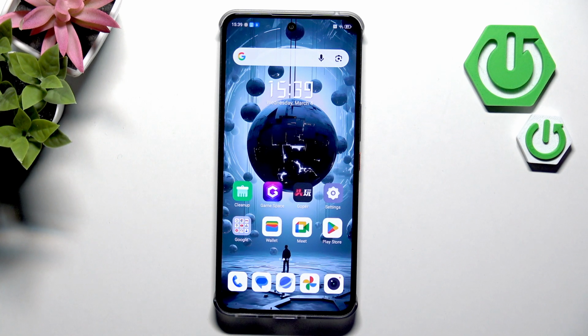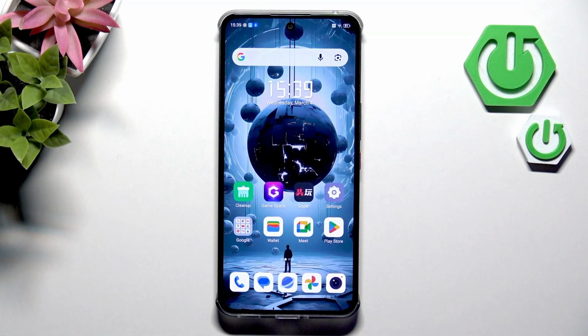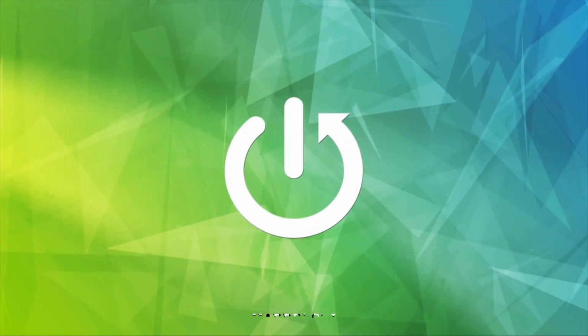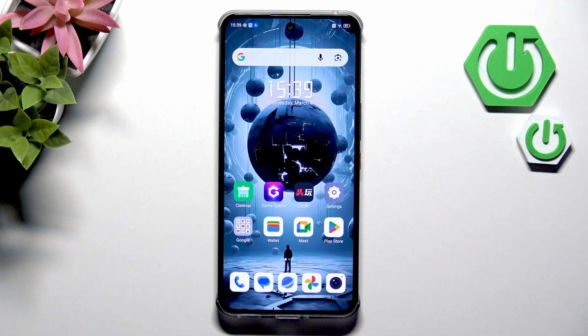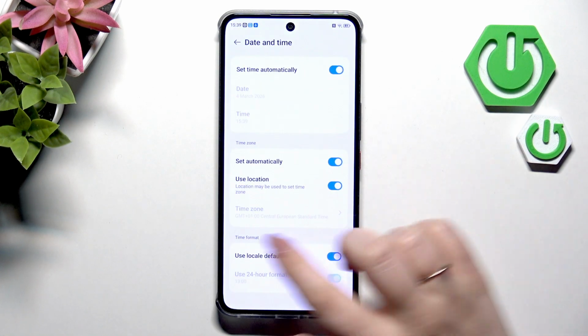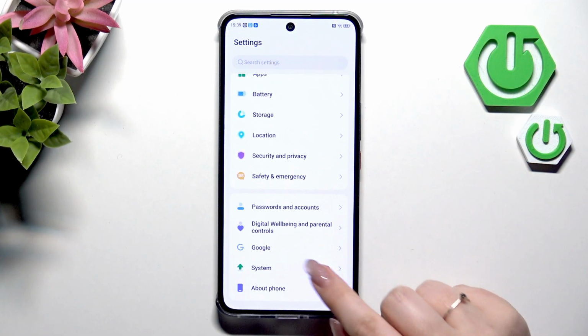Hi everyone, in front of me I've got Nubia Neo 3 GT, and let me share with you how to change the language on this device. So let's begin with opening the settings, and here we have to scroll all the way down to find the